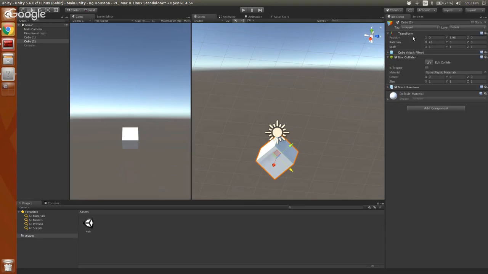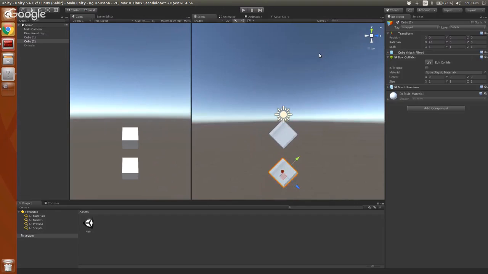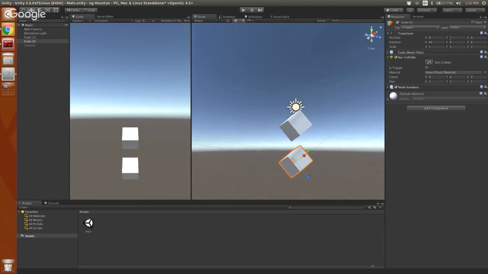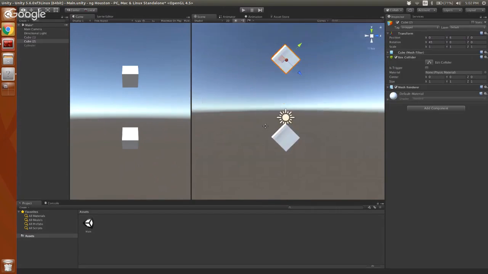So I'm going to go over to the transform. And I'll say, nope, wrong axis. I can never remember which one of these moves in what direction. I can never do it. Nope. All right, so it must be that one. All right, yeah. So those are now perfectly on top of each other. And I'm going to put this one on top. So we'll do -2, 4. There you go. All right. So now these are perfectly on top of each other.